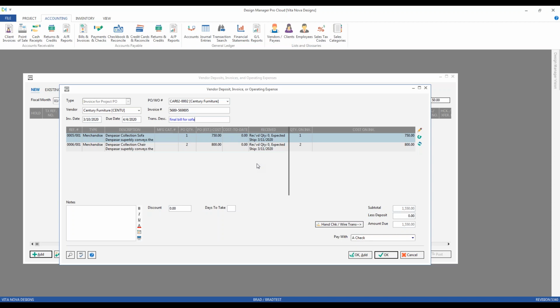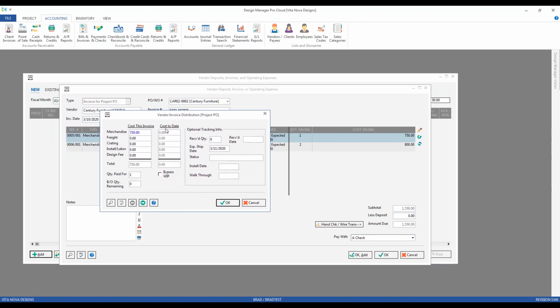Because we're fully integrated, we have the ability to show that information throughout the software. Now, I may want to change some of that information. I could be talking to the vendor, or I could be noticing that the order is sitting right in front of me and I can see that the sofa has come in. I may want to input that information to kill two birds with one stone. So if I have my sofa highlighted and I use the edit button on the side of the purchase order component window here,